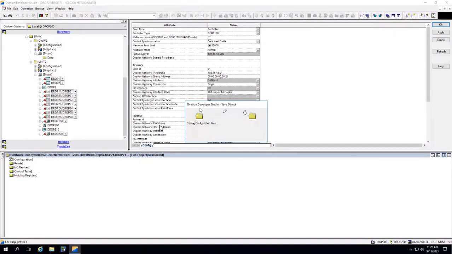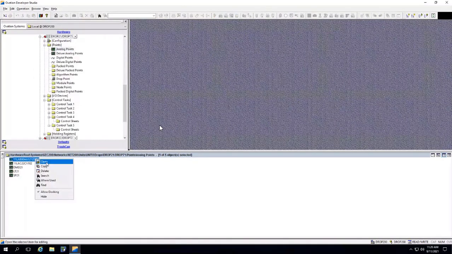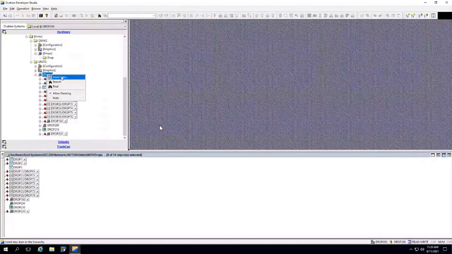The same way, go to any point, right click and open. Open the point configuration window. Same way. So that open symbol is used to open the existing object. If you don't have any such object, then you will be getting right click and insert new option to add a new object.